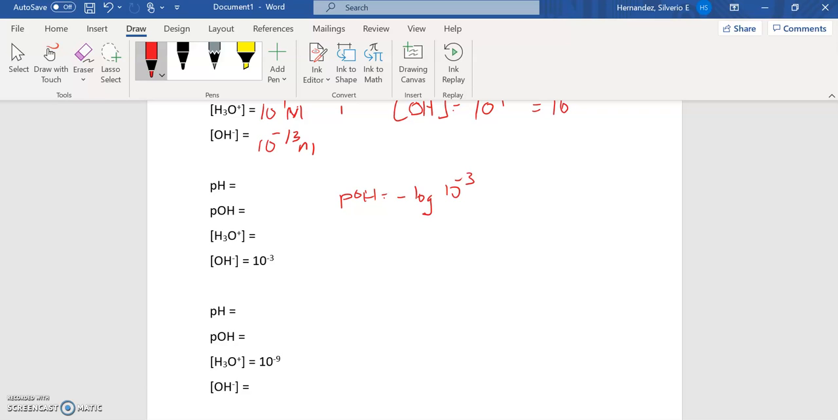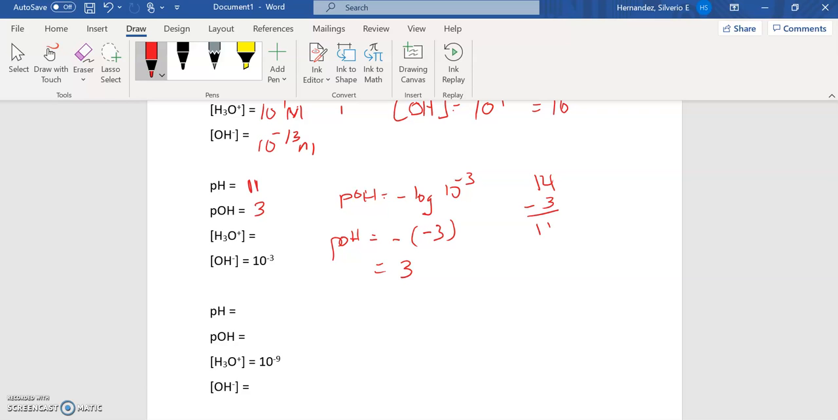If I take the log of 10 to the negative 3, that's a negative 3. And again, we're going to multiply that by that negative. A negative times a negative gives me a positive, so it's going to be a positive 3. So for the pOH, it's going to be 3. And then I can use the pOH to calculate the pH. That's going to be 14 minus 3, which is going to give me 11